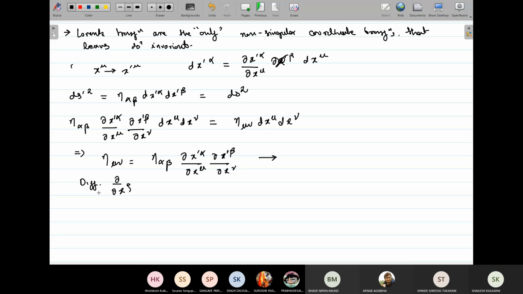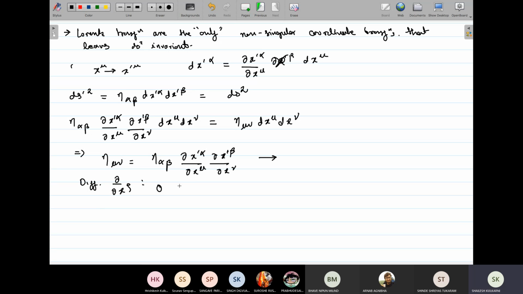If I differentiate this with respect to this, what am I going to get on the left hand side? Zero, because this is a constant, right? Every entry in this matrix is constant. Okay, so I will get 0 here,